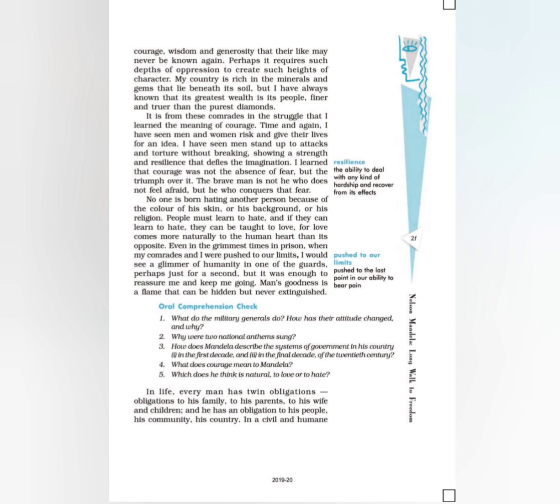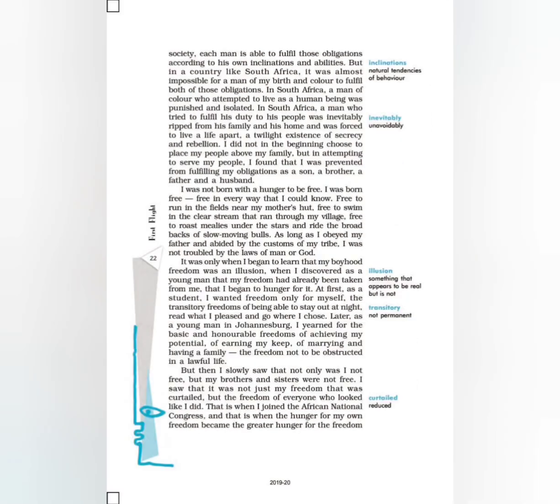As a good citizen of South Africa, he talks about twin obligation. Twin obligation, or twin duties, are nothing but an obligation towards the family and an obligation towards the society. What is the obligation towards the family? To take care of the dad, the mom, the children, the wife. This is the obligation towards the family. And what is the obligation towards society? To go and fight for the country, to take care of the country, to bring rectification in society. So as a right citizen, everyone should have twin obligation.